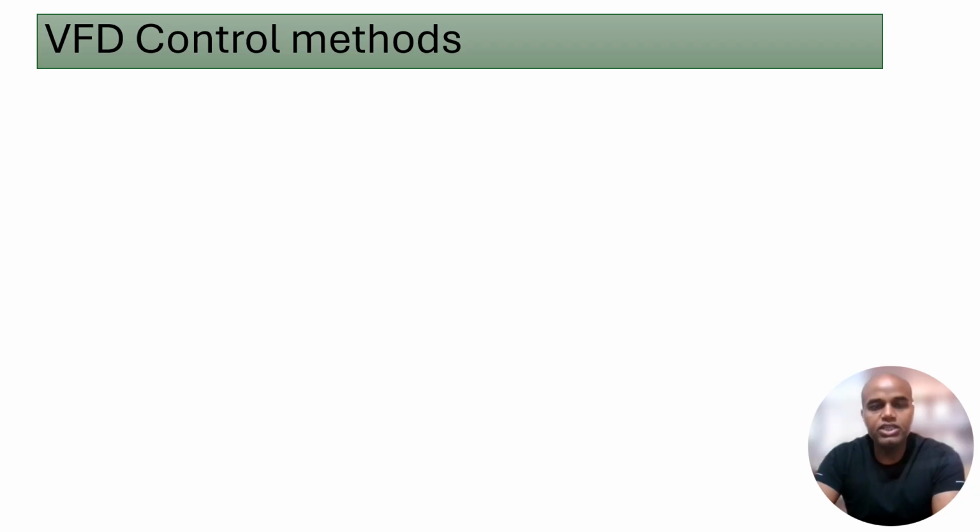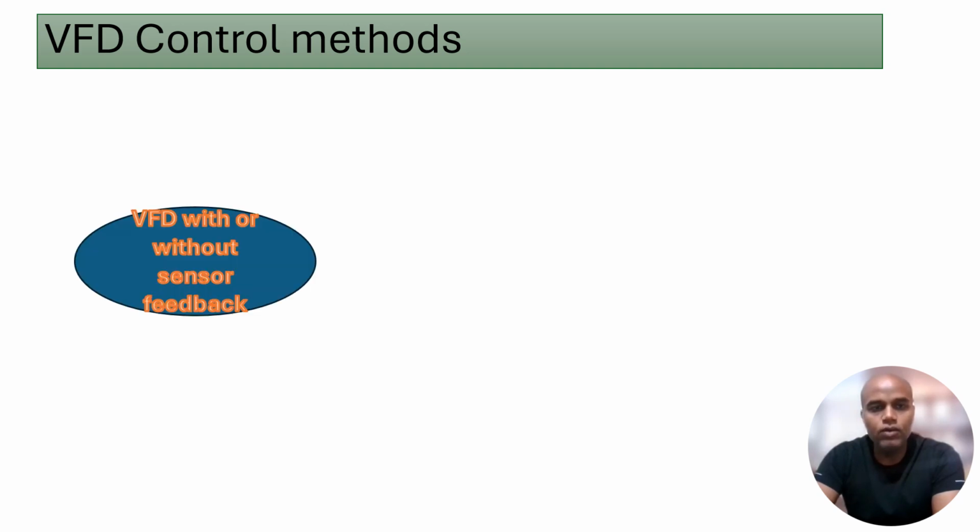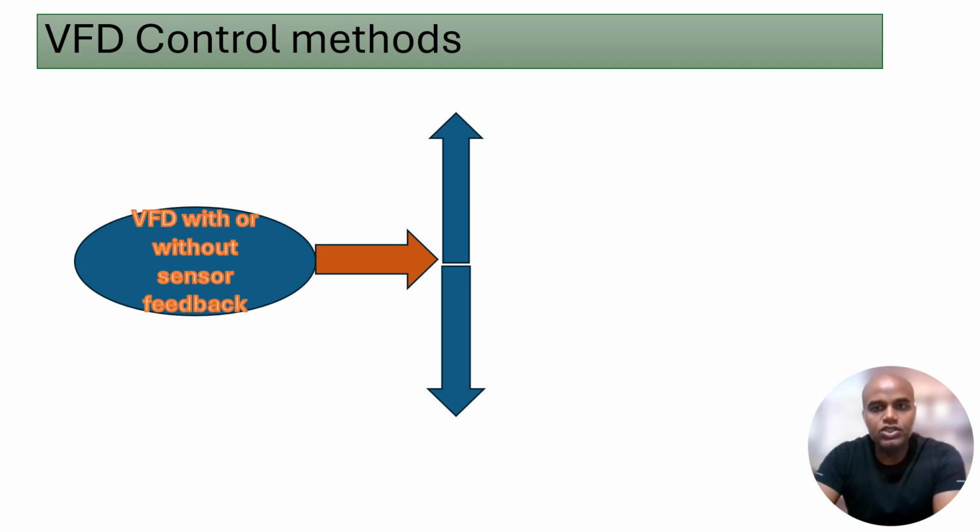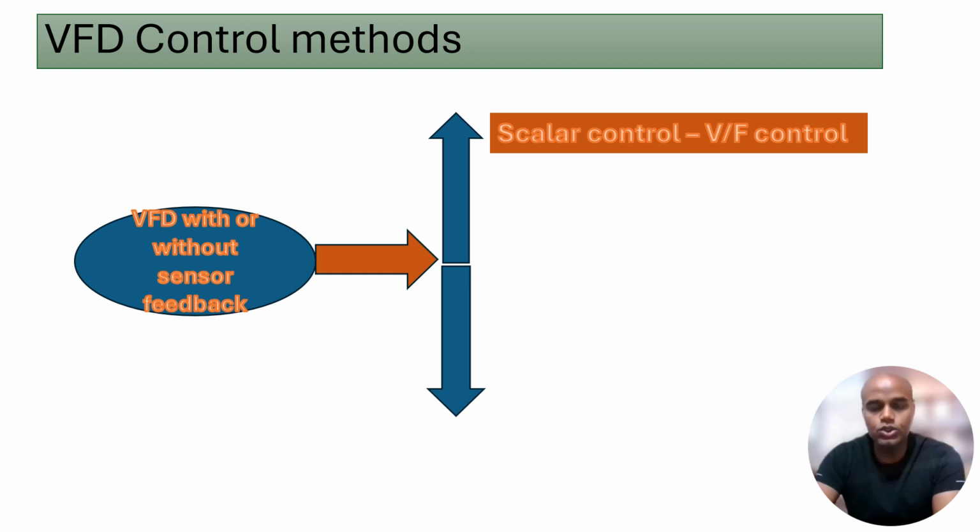So VFD control methods are mainly classified into two categories: scalar and vector. Which methods require sensor feedback and which do not? We have two broad categories. One is the scalar control, also known as V by F control, and the other is the vector control. We do not have further classification for scalar control or V by F control, whereas for vector control we do have further